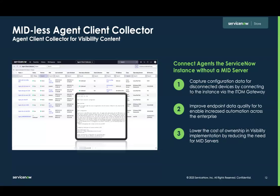There were also different use cases where, as an example, you had DMZ environments or whenever you had endpoints that were not necessarily connected to a VPN. Well, now you'll be able to leverage the ITOM gateway to connect the agent to the ServiceNow instance. And this is going to be a major innovation for ACC for all the different use cases that you would like